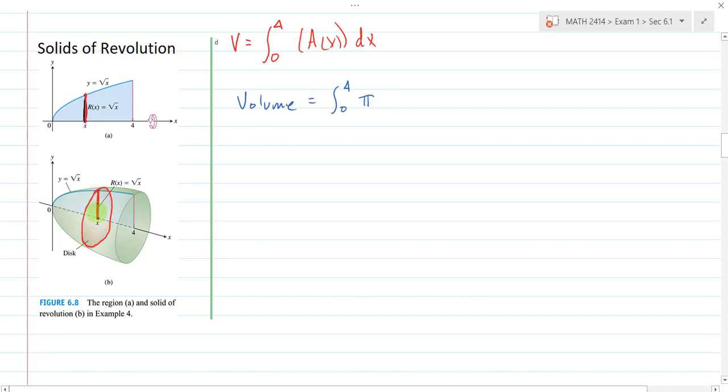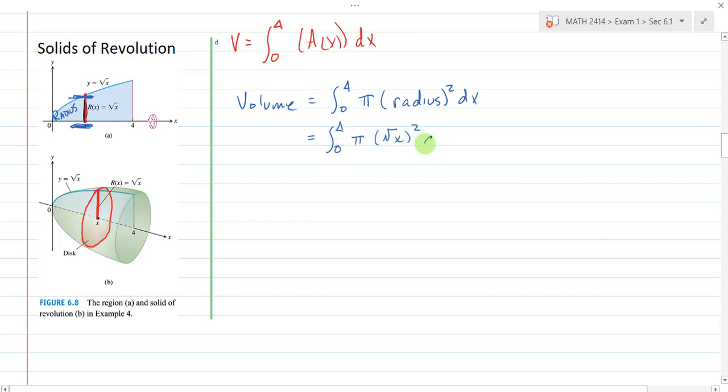Well, what is the radius? The radius is going to be the distance from your axis of revolution to the outside edge of that shape. So that would be our radius. And that's a vertical height of y, but what is y equal to? y is equal to the square root of x. So that's going to be our radius squared, and our radius for this problem would be the square root of x